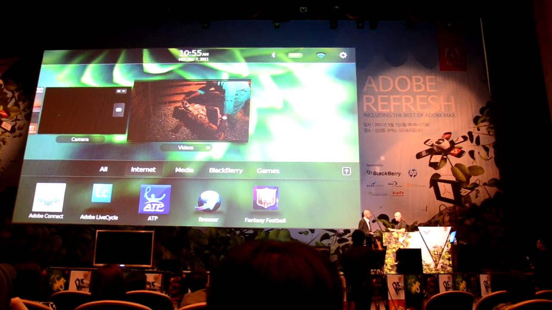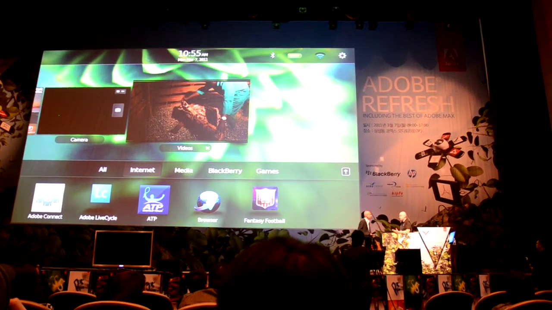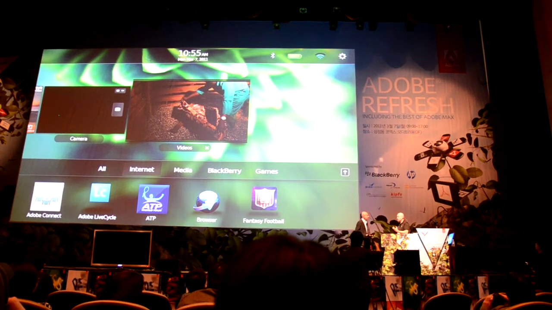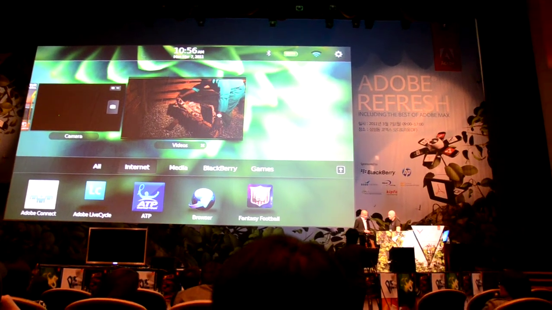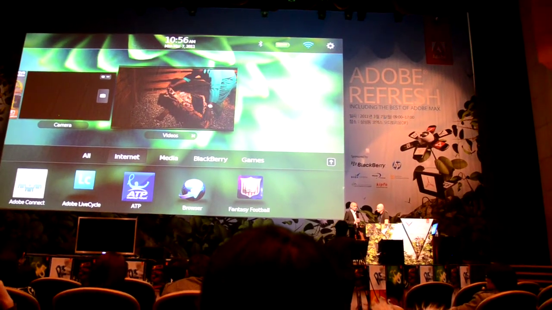But not only Flash in the browser, but also built into the PlayBook is AIR really deep into the system. So have you got some examples? Tell me a little bit about that. Yeah, so again, one of the unique things, because of the Adobe